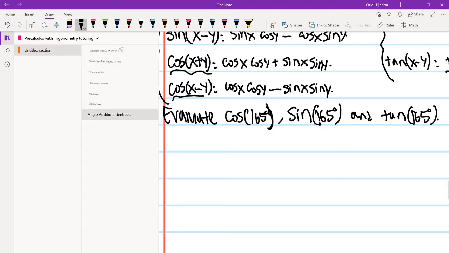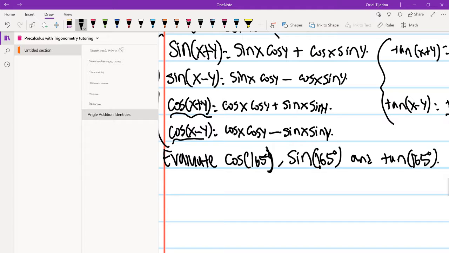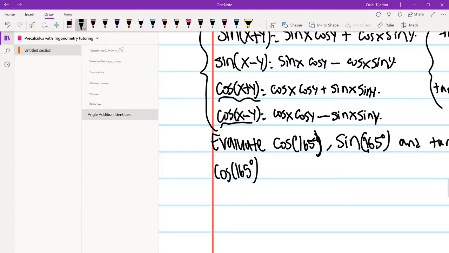We would say the cosine of 165, the sine of 165, and the tangent of 165. So let's first do the cosine of 165. For this one, what you have to do is you have to